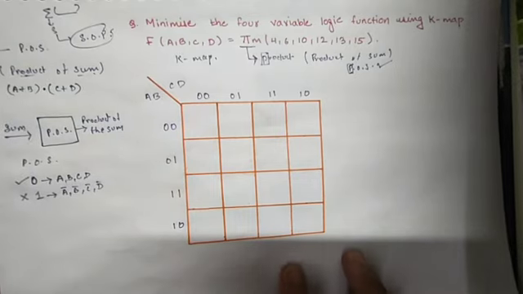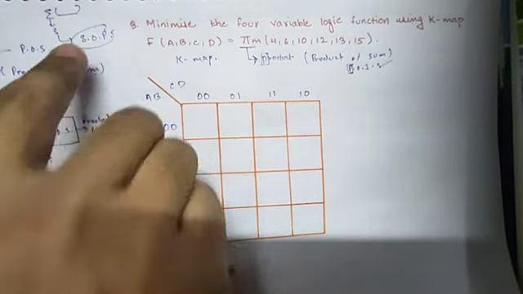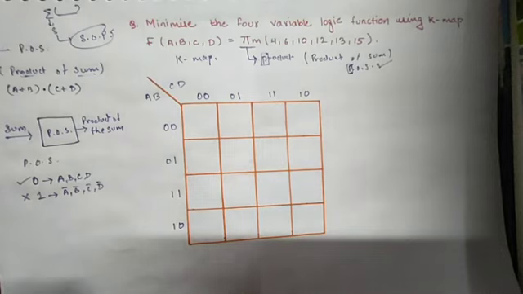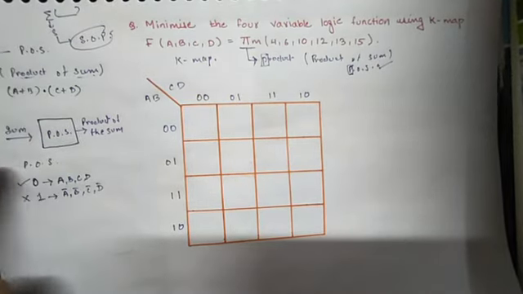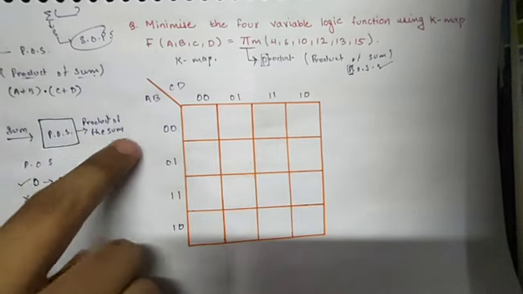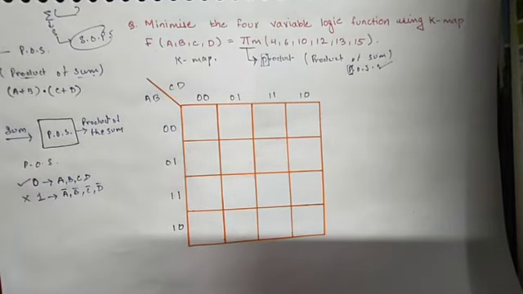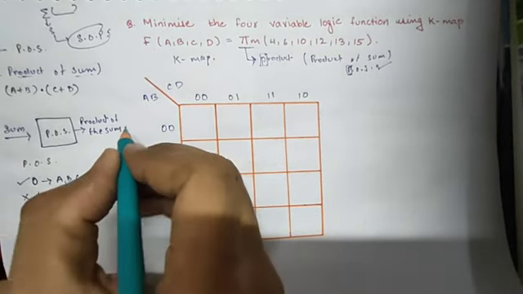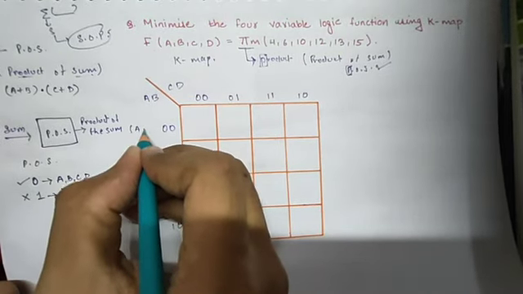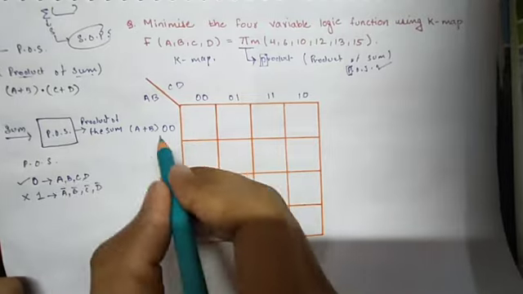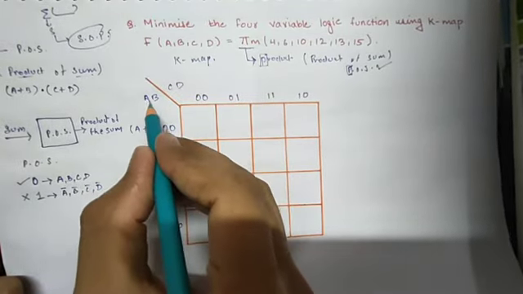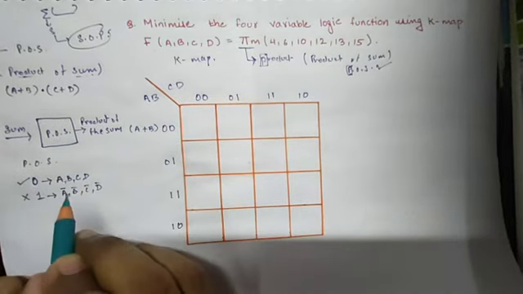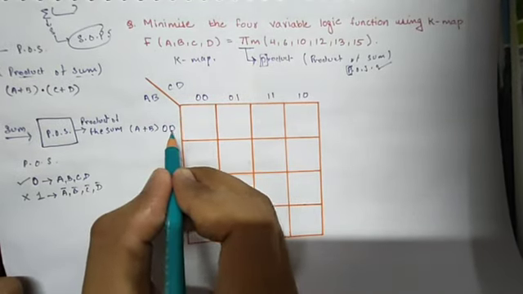No doubt, it will simplify the expression, but we have to give the input in the form of sum. If we do SOP, we give the input in the form of product, then it gives the output in the form of sum. But here we are talking about POS, so we give the input in the form of sum so that it provides the output in the form of product. So let us see. Here we have to write A plus B everywhere, because in this row we have taken A and B as variables. So we have to give AB in the form of sum. So here 0 is written, and here 0 is also written.